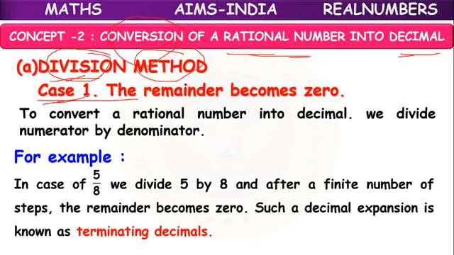So in that, what is the possible case? The remainder becomes 0. When we divide the given rational number, the first possible case is the remainder may become 0. Rational number means we will divide the numerator by denominator. Suppose, for example, if we have 5 by 8, we divide 5 by 8, and after a finite number of steps,